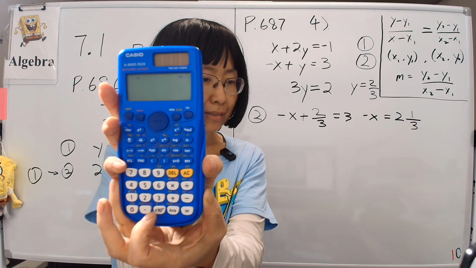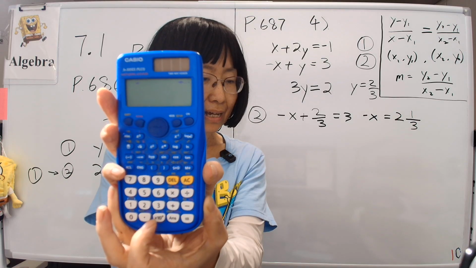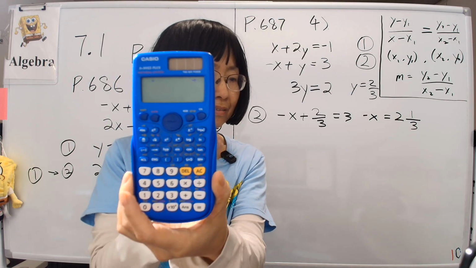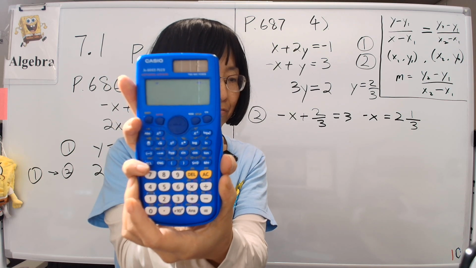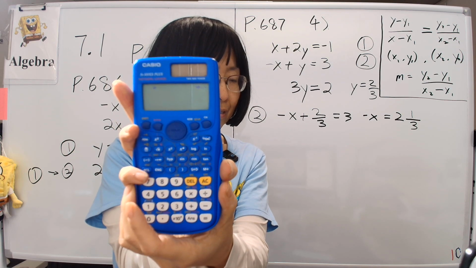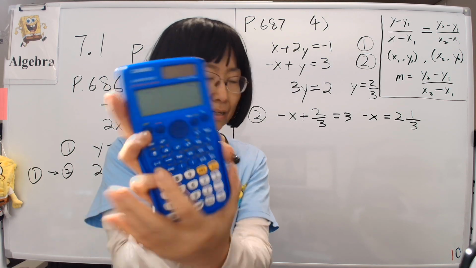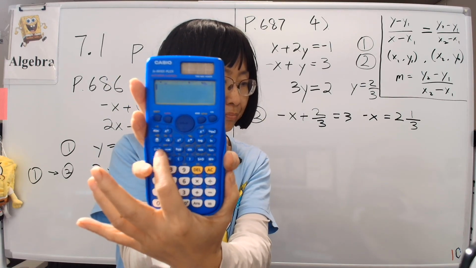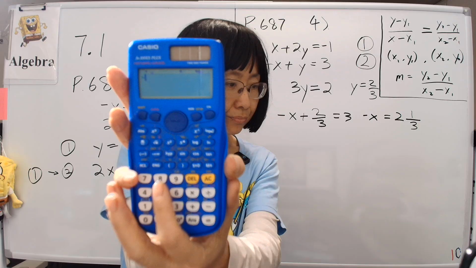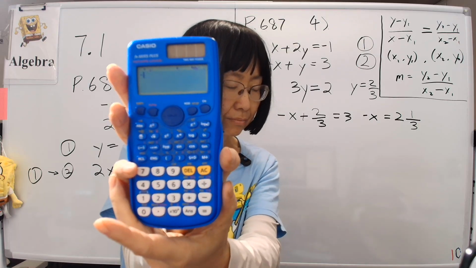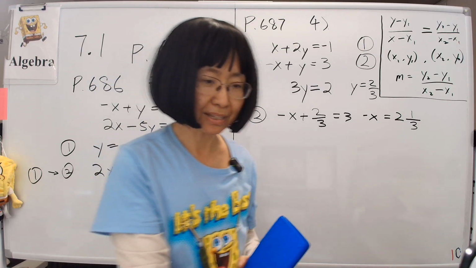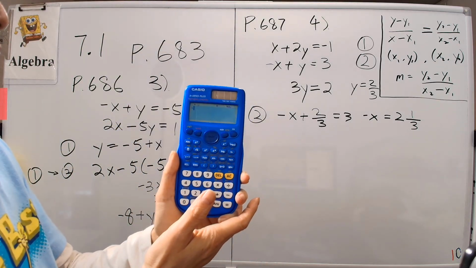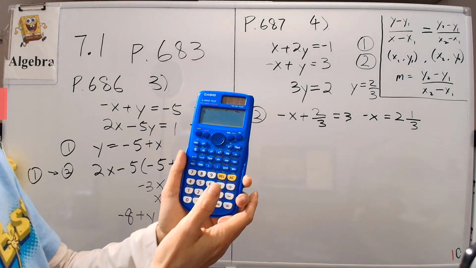So what did I have? Y is 2/3 and x is, and I plugged it into equation 2, right? So we'll test it in equation 1. So x is negative 2 1/3. Let me turn on the calculator. That is negative, let's see. This is not working out. Let me think. All right, so x is negative,